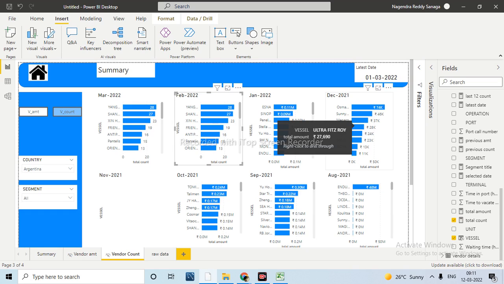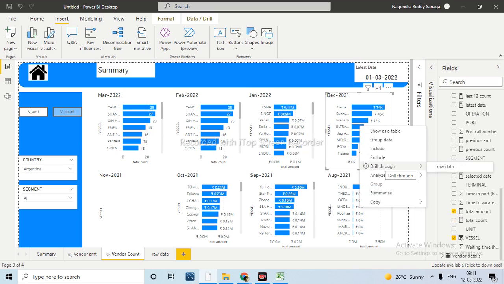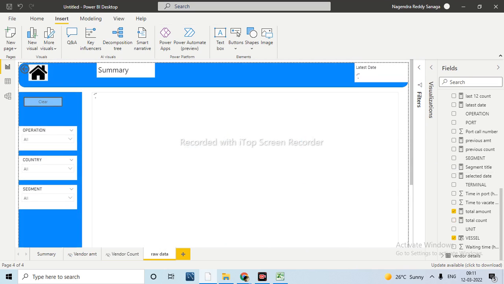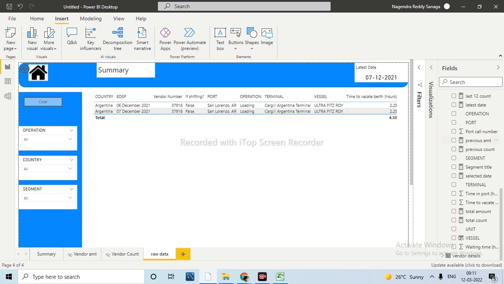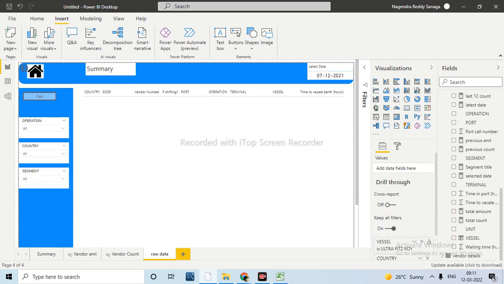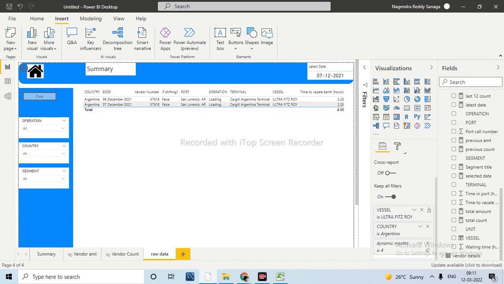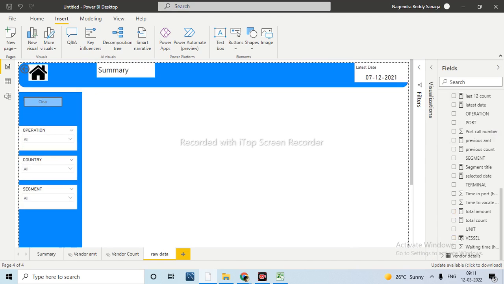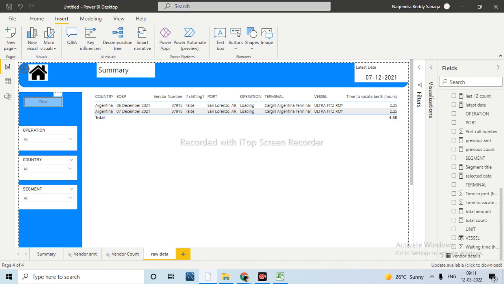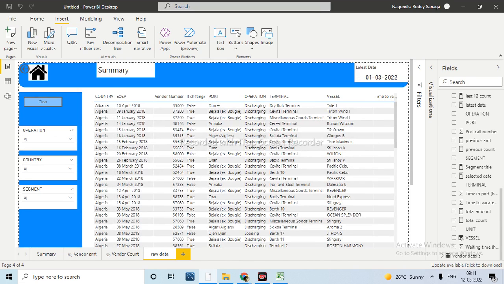This particular customer, I drill through to that particular page. Earlier we only had the December filter as well as this particular customer filter, right? Now if we come here, the Argentina filter is also applied. Now if you see here, 3 filters are coming. Okay. Now you can directly click this clear all button so that every filter will be reset.